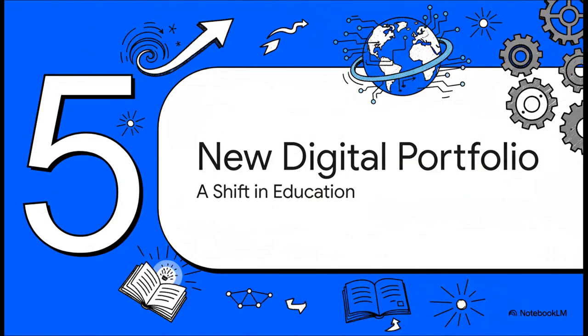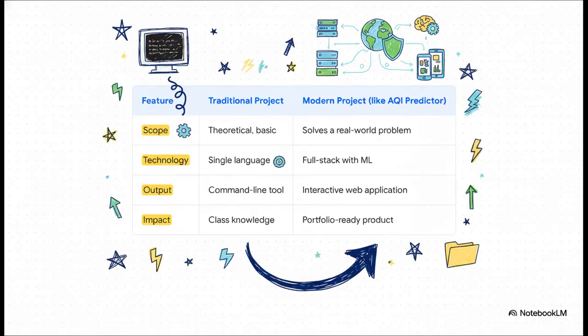All right, let's take a step back for the final part. Because this isn't just about one cool project. What does it say about education itself, and what students are capable of now? I think we're seeing a really fundamental shift. This table says it all, really. Think back to what a student project used to be. Maybe some clunky program that ran in a black and white text window. It showed you understood the theory, and that was it.